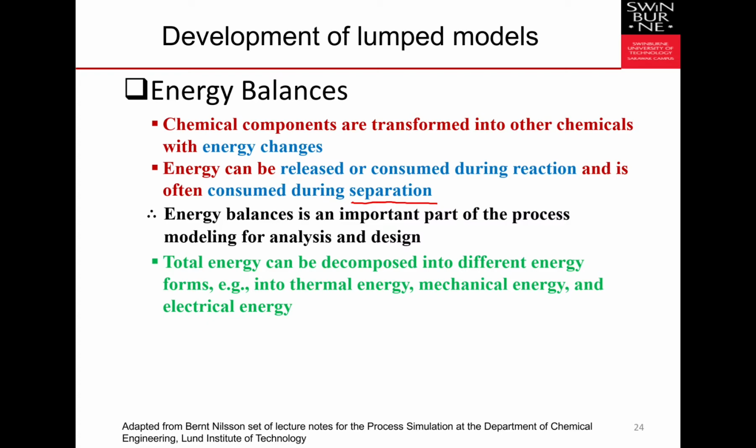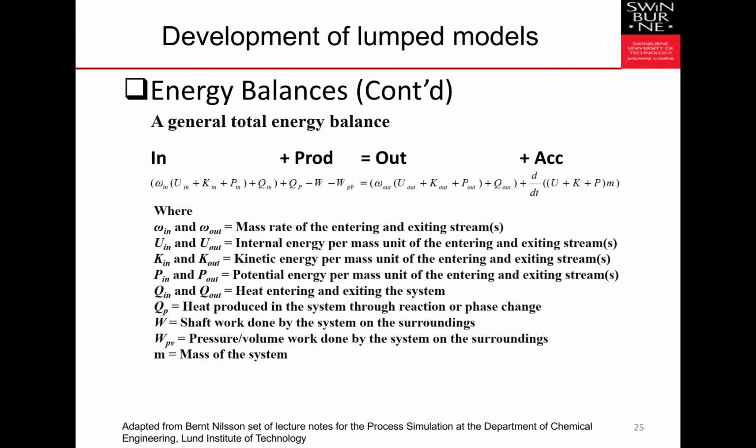The total energy can generally be decomposed into thermal energy, mechanical energy, electrical energy, and other forms. In this slide, we are showing the general form of the energy balances, where U refers to the internal energy, K is the kinetic energy, and P is the potential energy. Q in and Q out are heat entering and exiting the system. W is the work done by the system on the surroundings, and W_PV is the pressure